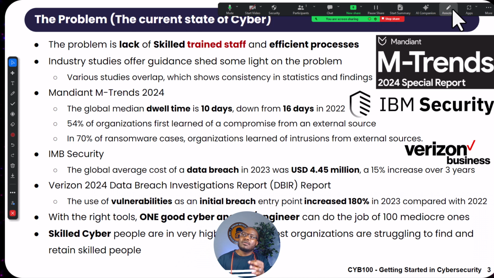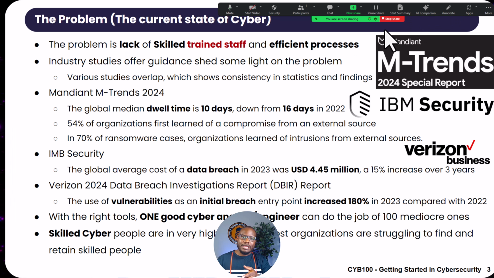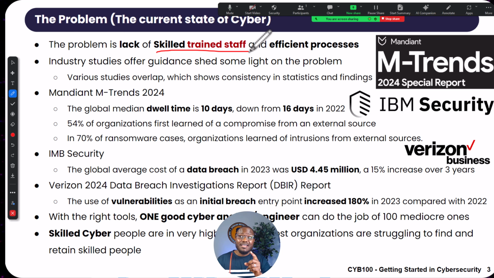But here's what the problem is. The problem is skill stuff. See, just taking a certification training and then passing a certification, that does not mean you are skilled. Right? That does not mean you know what you're supposed to be doing. So there is a combination of knowledge and practicing what you're learning that have to be combined for you to become really good.